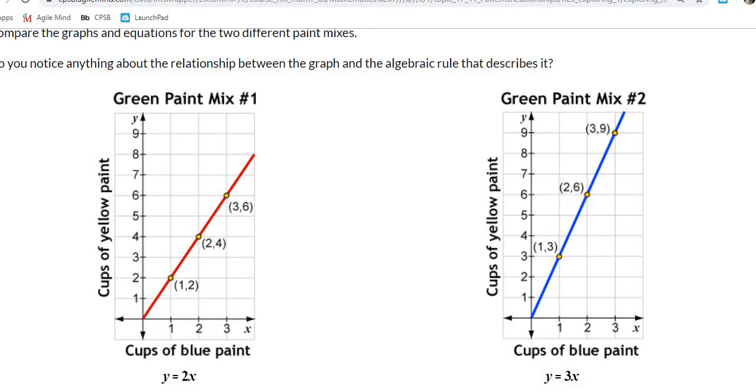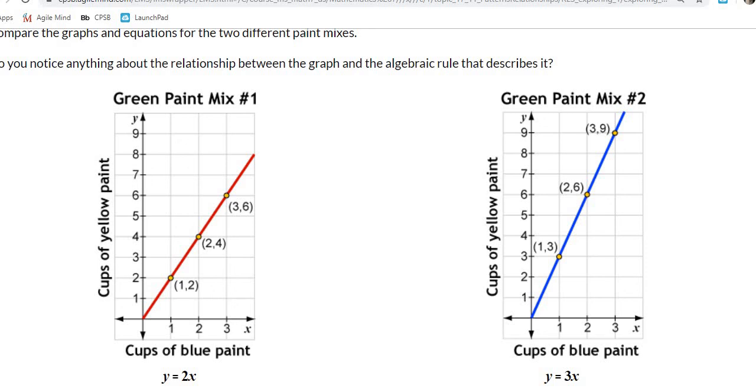So looking at this first ordered pair on the red line, the X is 1. So what did we say X was? Blue paint. So how many cups of blue paint do we have? 1. So how many cups of yellow do we have? 2. At the next point, we have 2 cups of blue and then 4 cups of yellow. The next ordered pair, we have 3 cups of blue, 6 cups of yellow,